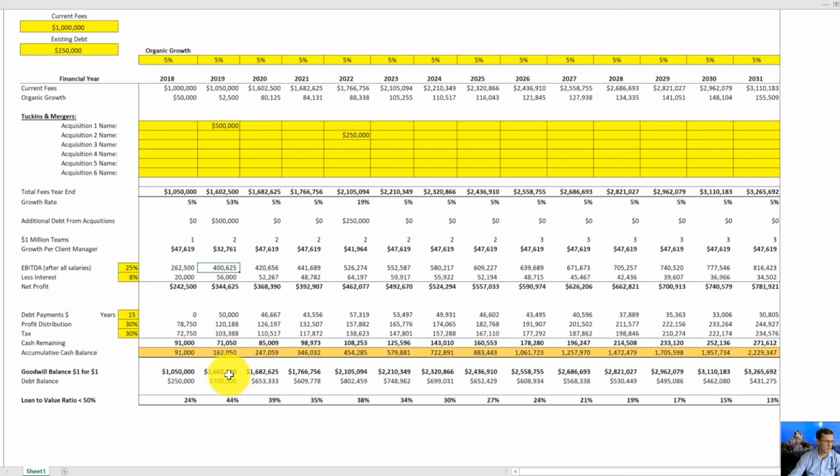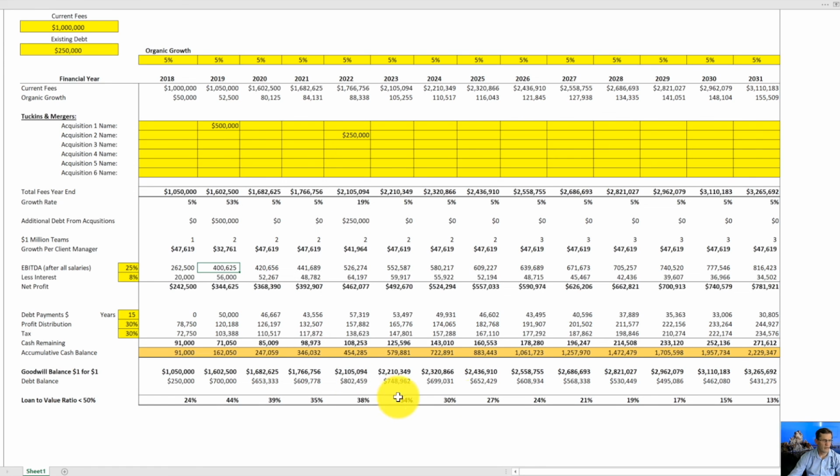The final part of the spreadsheet is what our goodwill is worth, and you can see there when we make another acquisition of 250, it hits just over the $2 million mark. And we also have an accumulative balance of our debt less our principal repayments along here. So you can see there that when we do the acquisition, our loan to value ratio goes to 44%. It's a great idea to keep it under 50% for a bit of fat or equity in the business. And you can see there it steadily goes down, then it pops back up again when we make our next